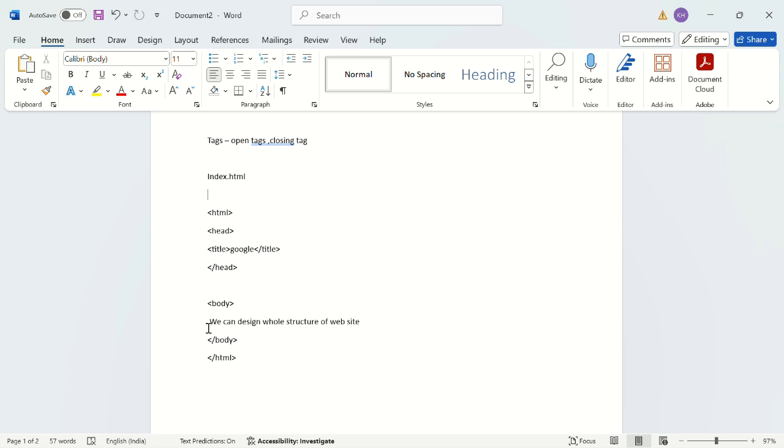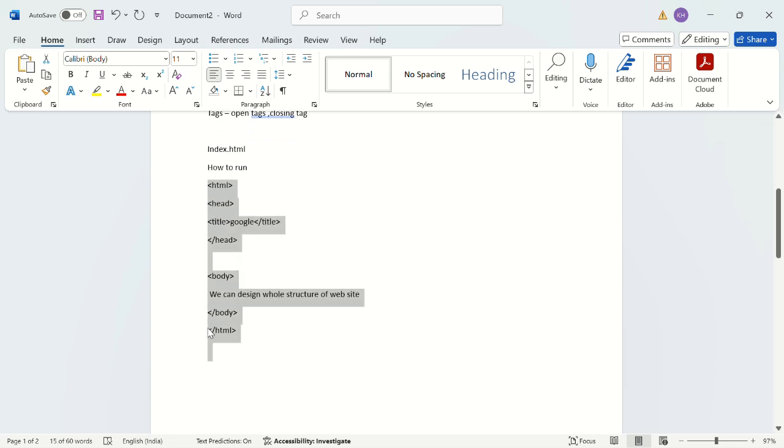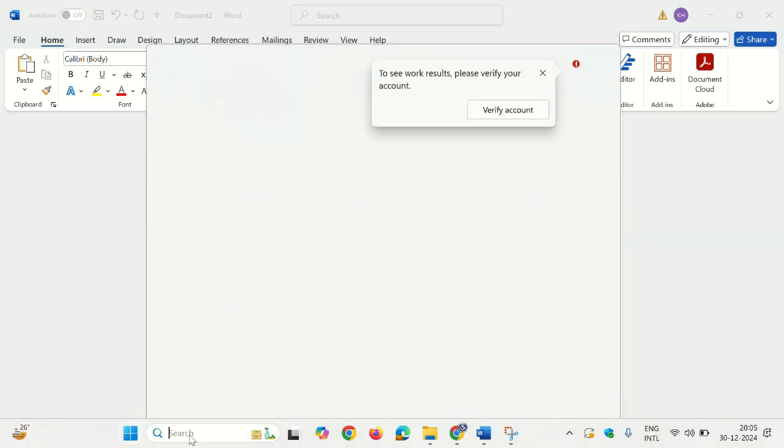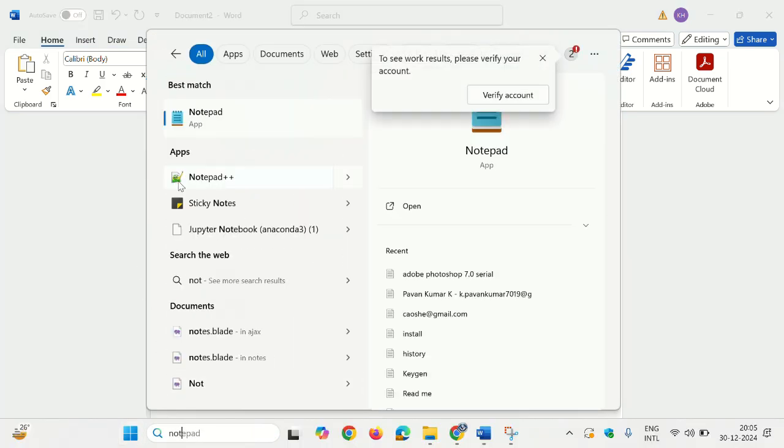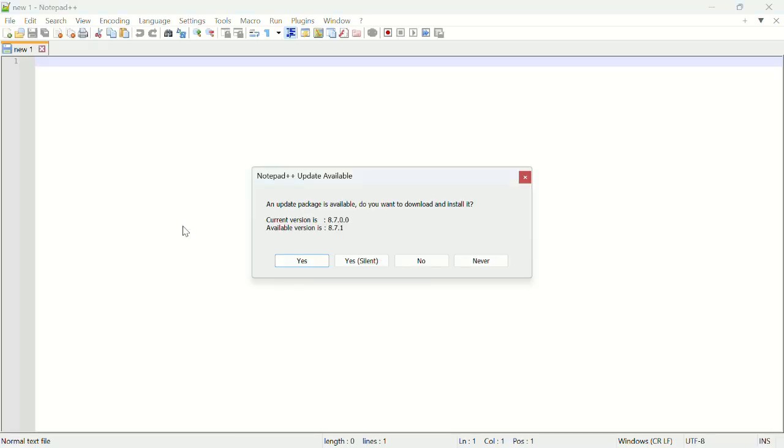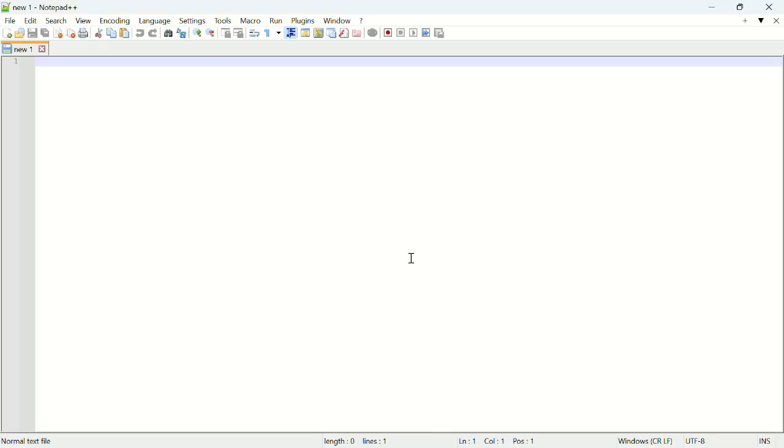How to run this code? I'll copy this code, this structure. For this, we can use Notepad++ or Visual Studio, or we can use Notepad also. Let me check whether it is available or not. Yes, Notepad is available here. So here in this Notepad,